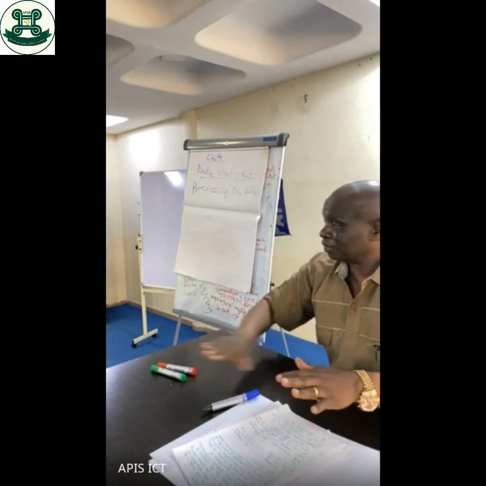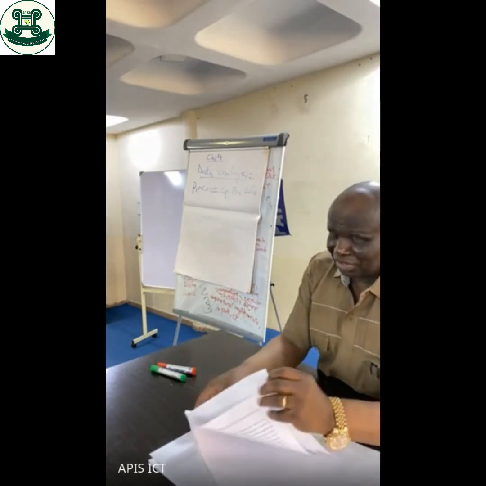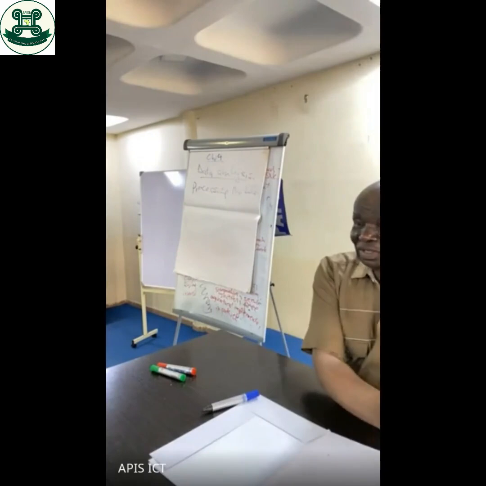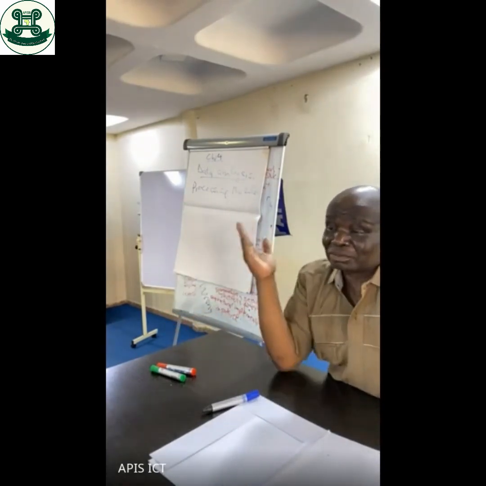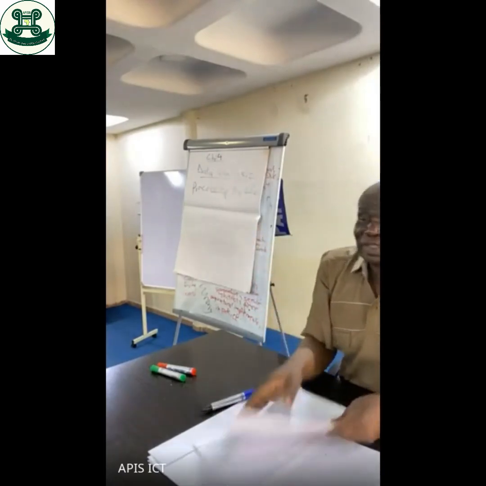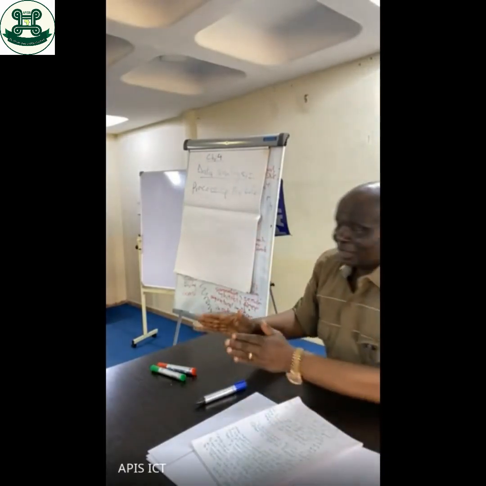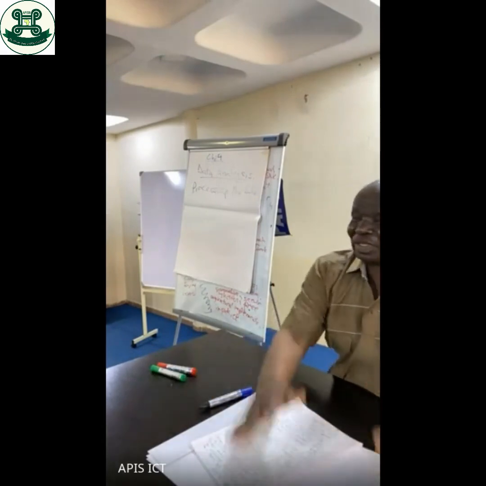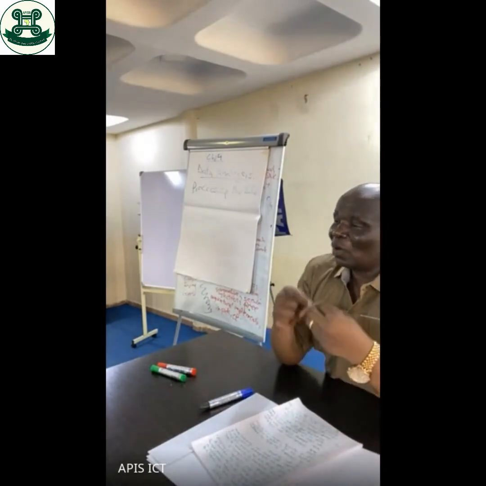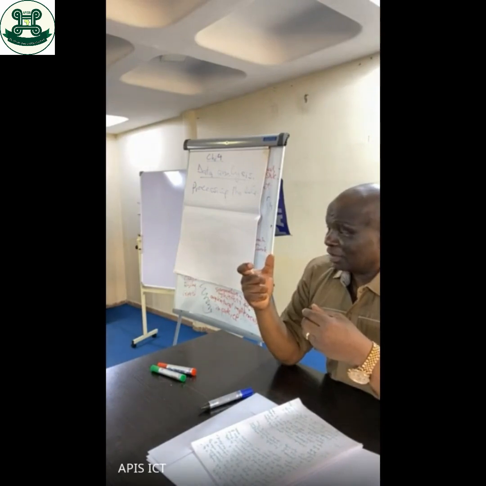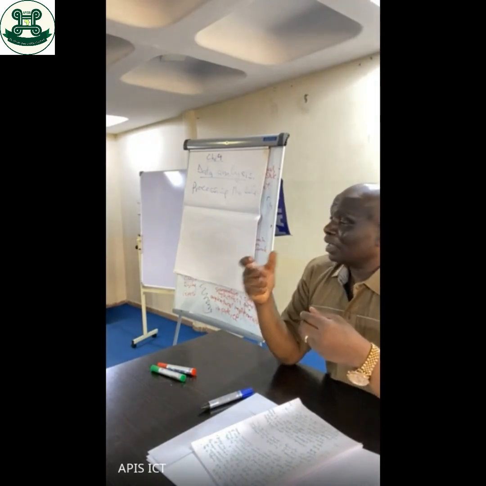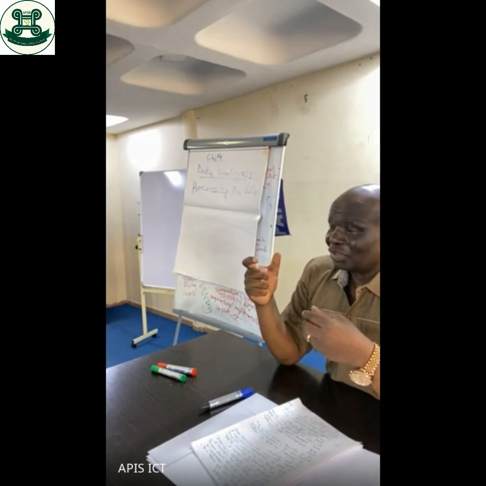Sift out, that is filtering. This one answered well. Okay, this one is right. You find somebody will even duplicate the thing for you. It doesn't concern you. So it's there for you now to filter it. Put this one here, this one here, this one here. So that the whole idea is to enable you come with clean data.